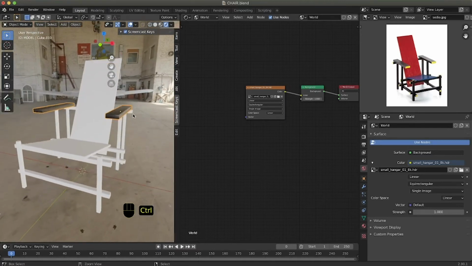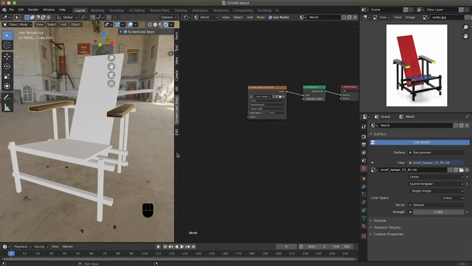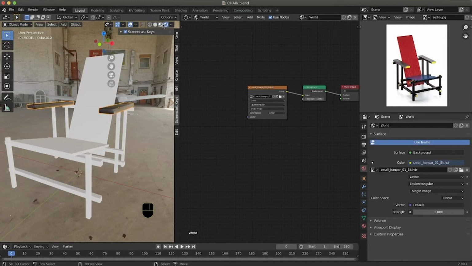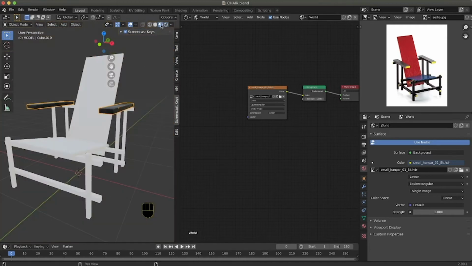So what I'm going to do now is select this material and add it to all the parts of our chair that have the same color. So again, I can go into the material preview.